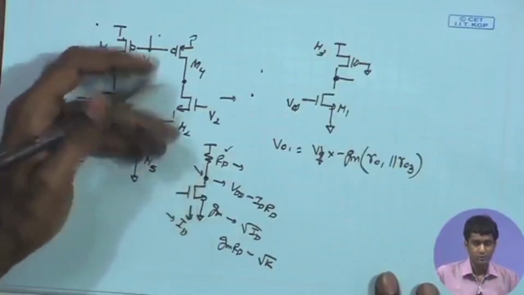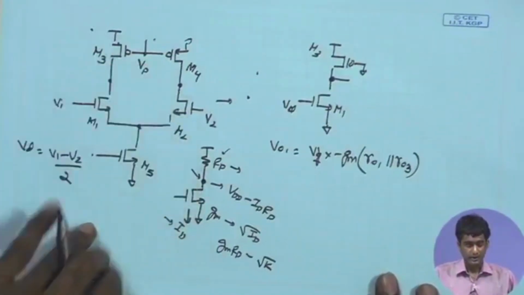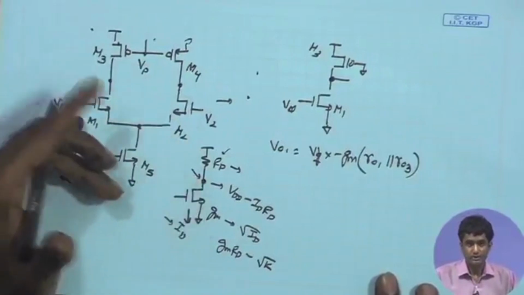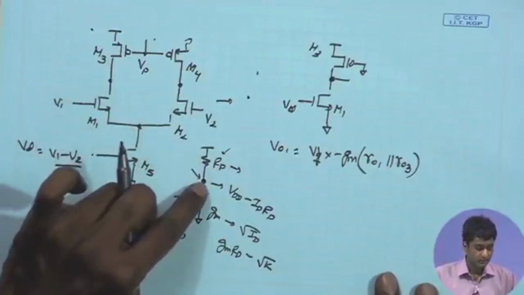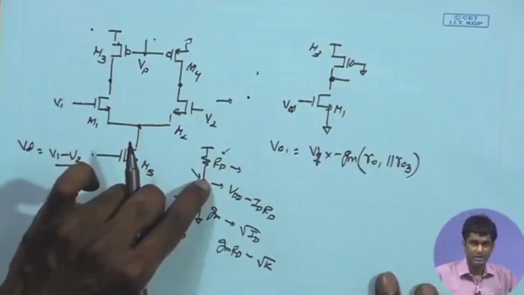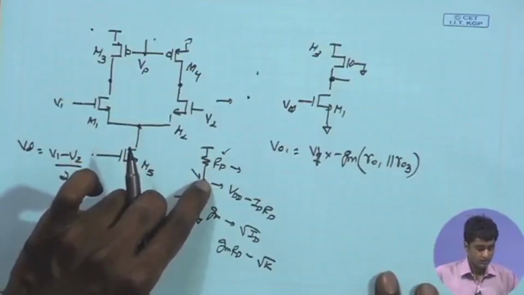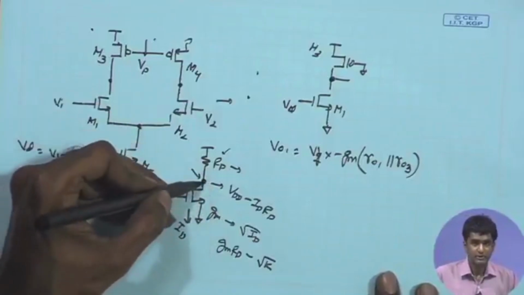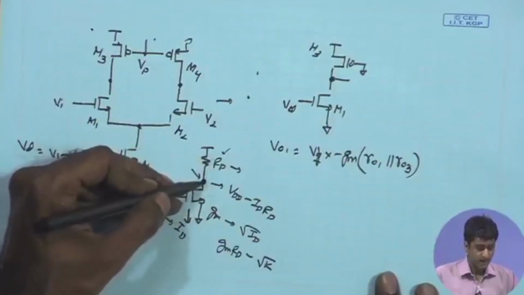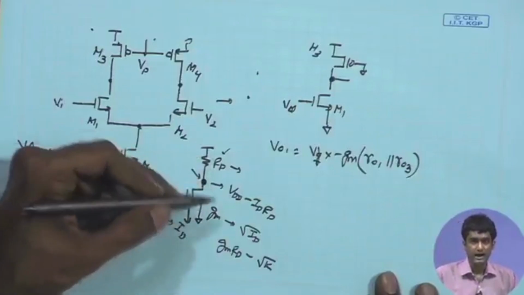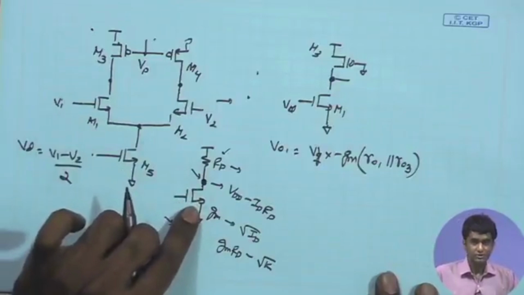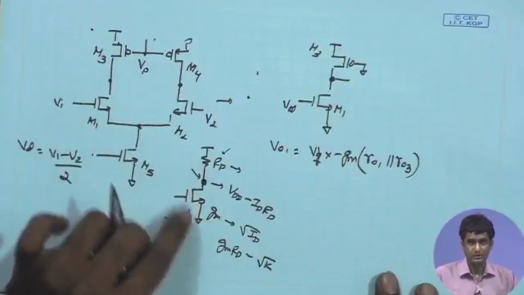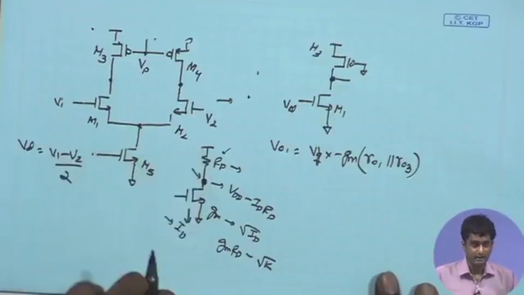So even with the passive load, you can get large gain, and you have similar trade-offs with other important quantity, which is the bandwidth. Just like you're increasing the RD, ultimately the RC time constant at this point will become larger and larger, and in order to calculate bandwidth, you can look at the R equivalent at this node. If the RD is increasing, the R equivalent at this node also goes up. As a result, your bandwidth is also going to come down. So you do have similar constraints, similar trade-offs, trying to increase the gain by increasing RD. You are